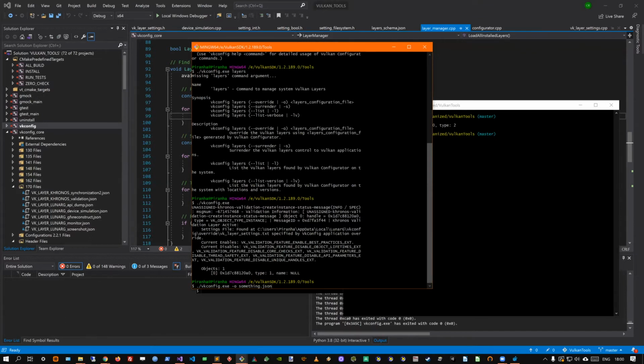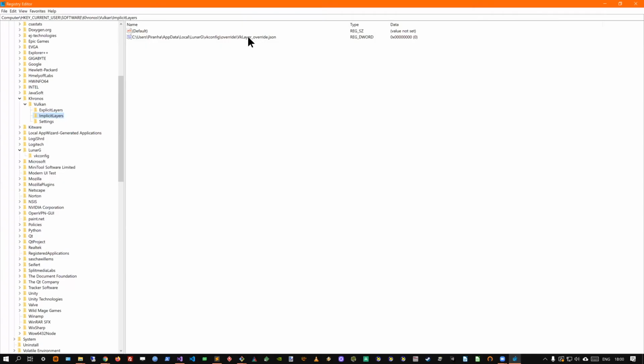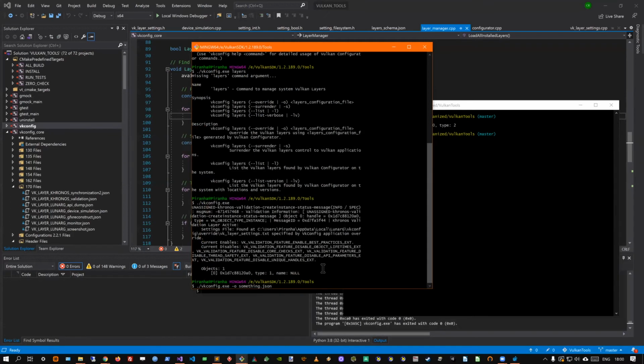The configuration will remain, which means the registry will be updated so that we can find these two files, and the system will remain with this configuration. So it's kind of polluted, but it's very useful if you want to use vkconfig for CI, for continuous integration. And we use it for this, for shipping the SDK.